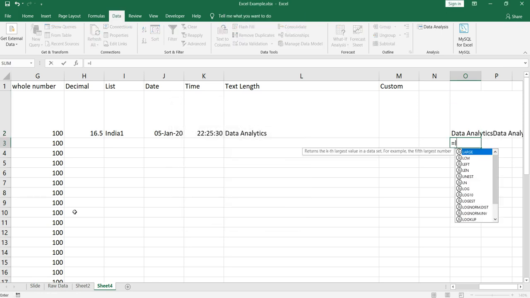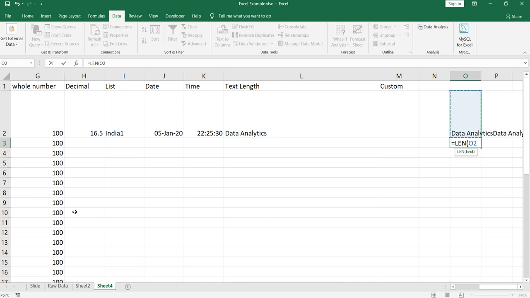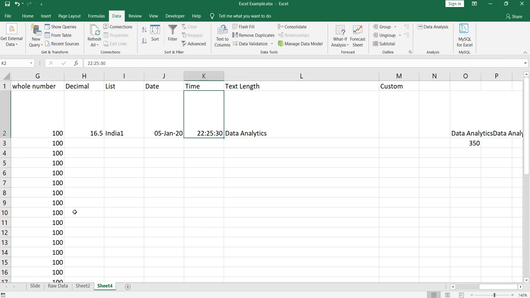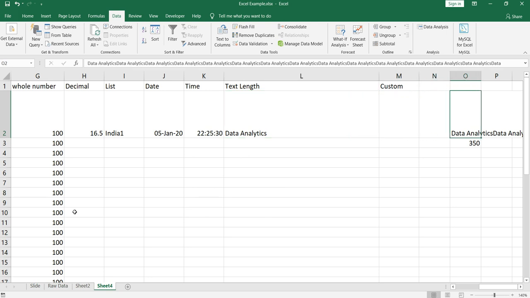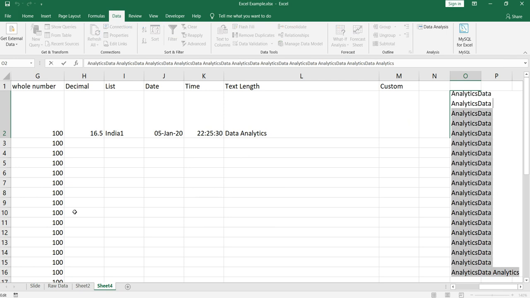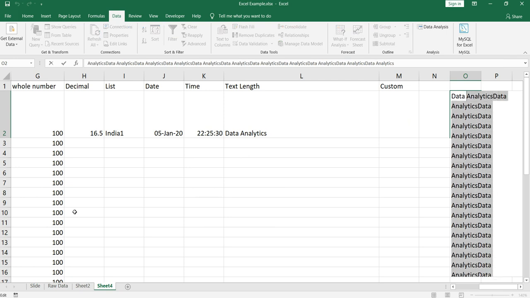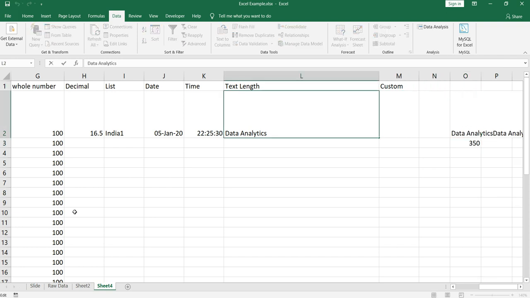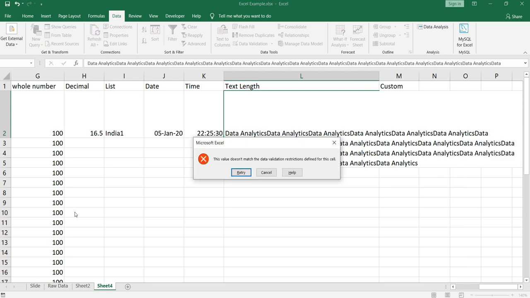Now I'll check the length of this one. It should be 350, correct? Its length is 350. So as per our rule, this validation should not allow us to input this data analytics in this cell. So I'll copy this entire data and input it here.